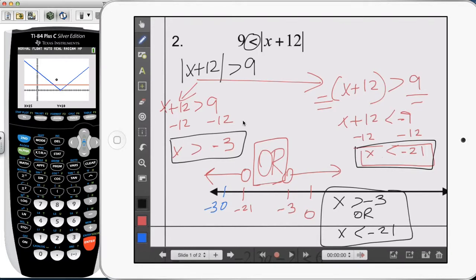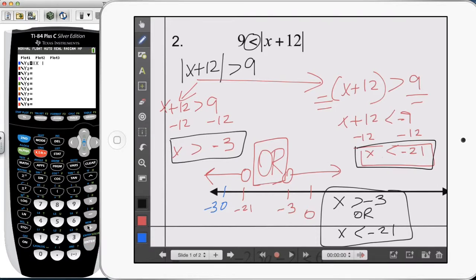Now in order to better understand this, let's plug it in our calculator. I'm going to clear this and clear this. Remember, we did fix our window, so you might need to reset your calculator. I'm going to go to y1 and put absolute value of x plus 12. After you isolate your absolute value, that's what's going to go into your calculator. So I'm going to go to second, 0, enter,